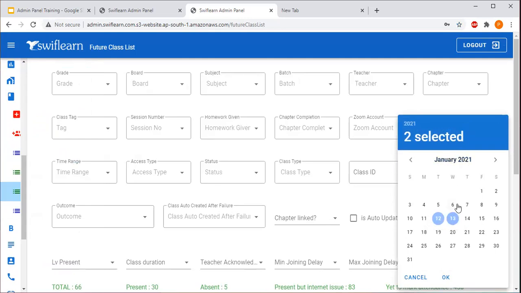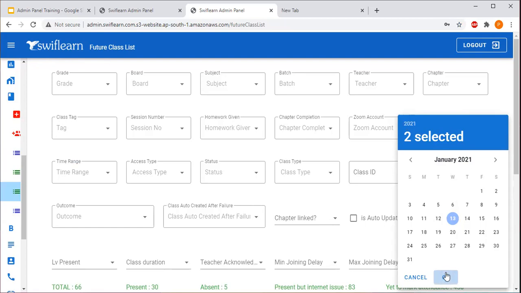Now, suppose I have a class today and I have ended it. After the class, I want to mark the attendance, so I need to select today's date. For selecting any single date, teachers have to click 2 times on a single date. Why? One is for date range start, one is for date range end, and after that, teachers can cross check here two selected. Now click on the OK and apply.